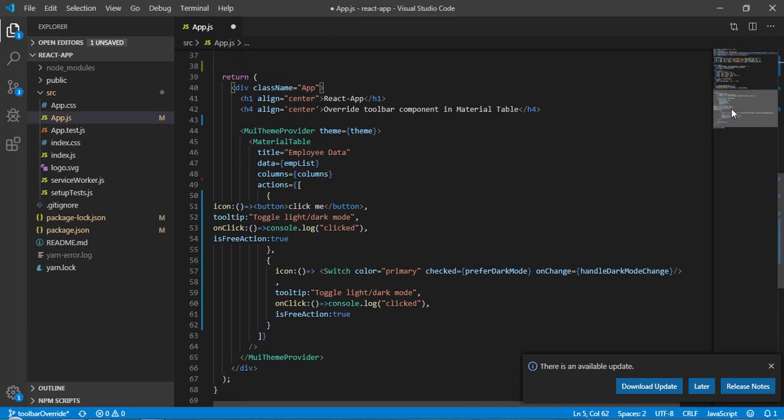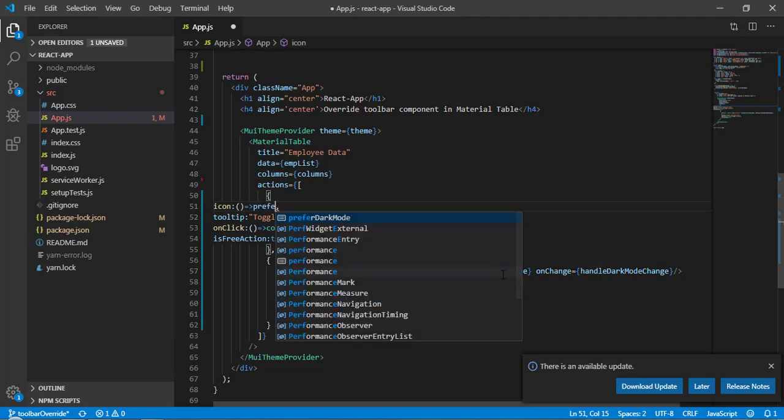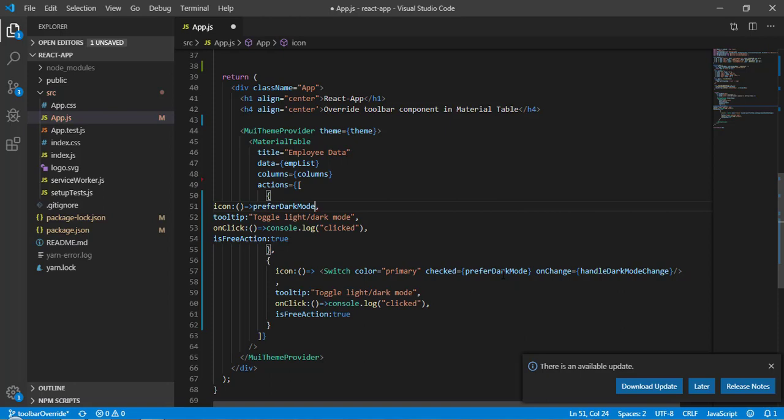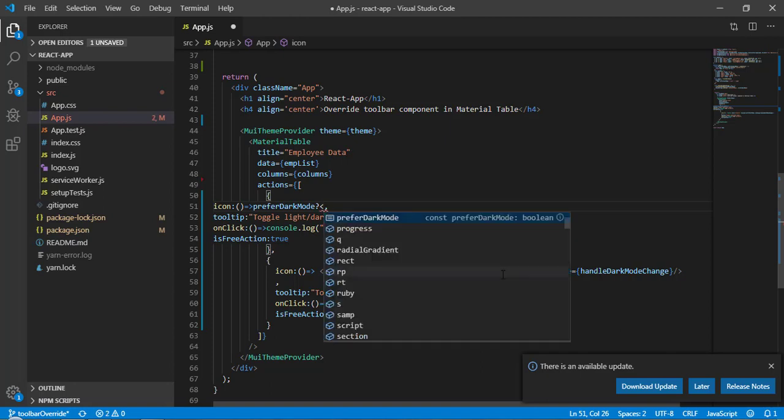Now come to the component, and instead of this button we want to render our custom icons. Here we are managing this prefer dark mode. If this value is true, I want to render an icon which is going to show light mode.